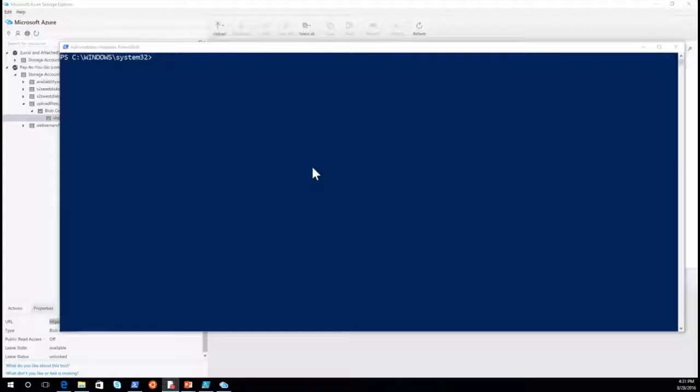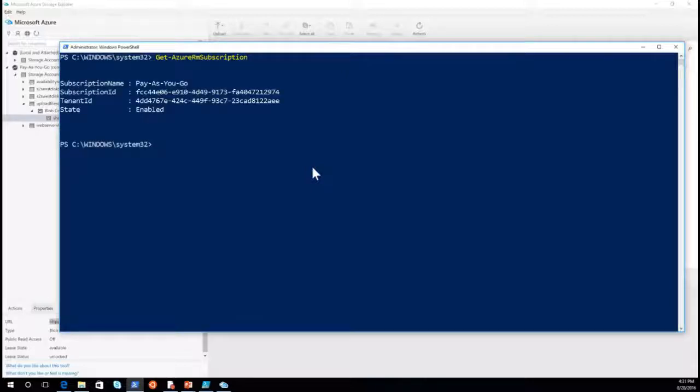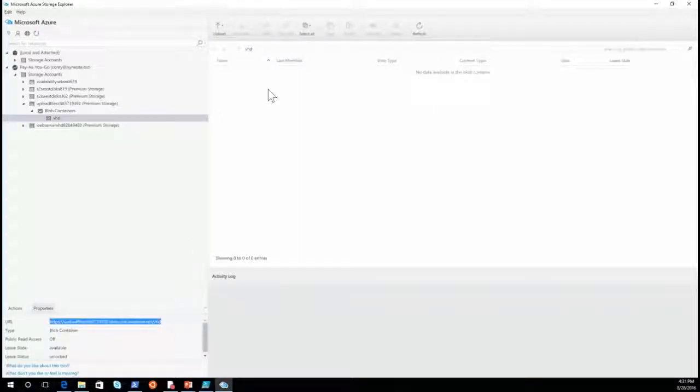So I'm already logged on to my Azure PowerShell subscription. And what we're going to do is go ahead and actually upload that VHD file via PowerShell. Now to do this, Add-AzureRmVhd, the resource group name, the local file, the destination file. Now, a little trick you can use with something like Azure Storage Explorer is you can come